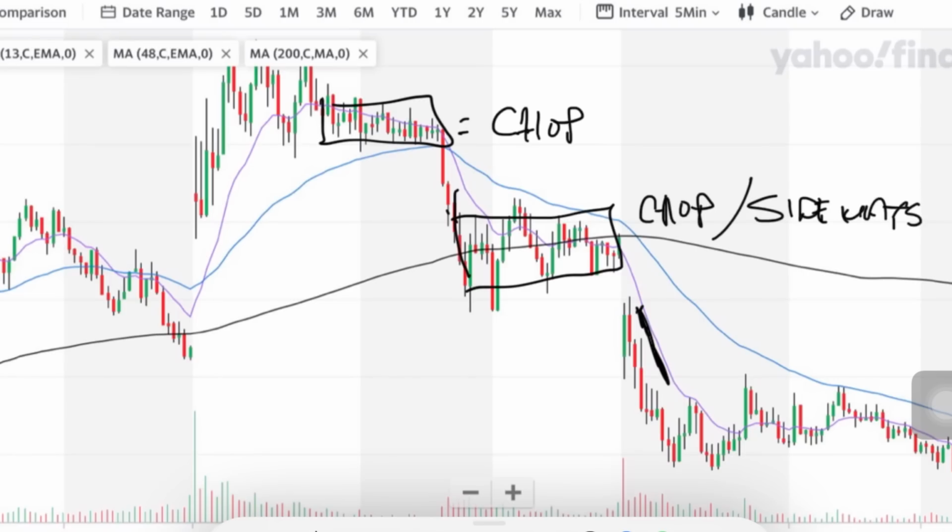But check this out, guys. You had the move, the gap down, but you knew the move was going to continue down because of the space in between the charts. And then look, guys, a lot of these strong moves down